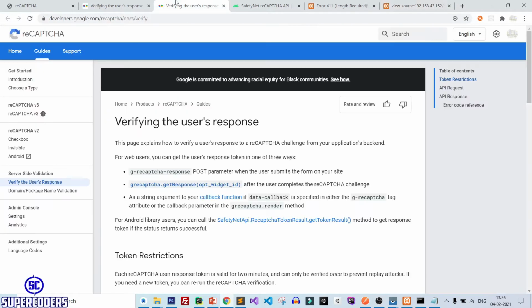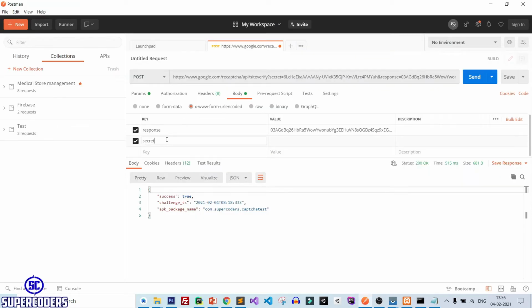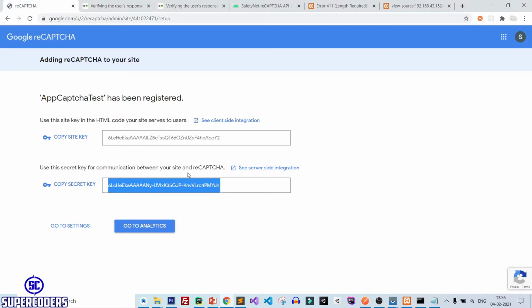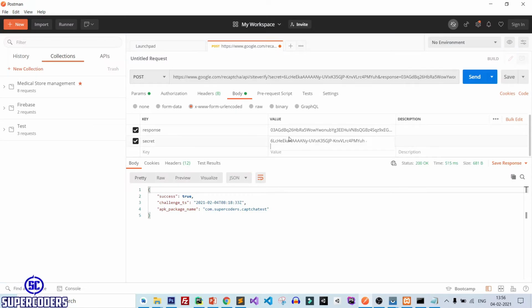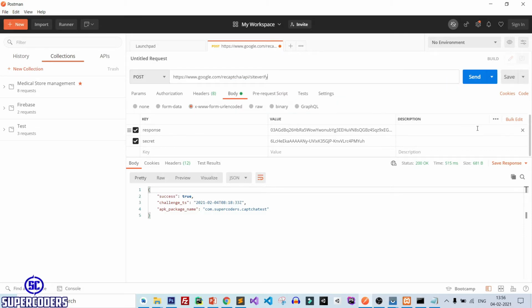So let's see, secret key, and copy secret key. And after that, remove this. So here, instead of passing as a get request, now I am passing as a post request. Click on send. Okay, you can see it is showing timeout or duplicate.